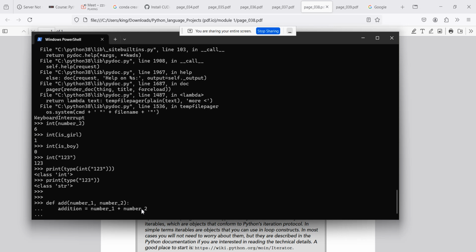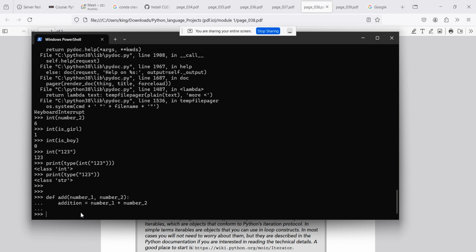Here I'm not returning any value. So now if I call this function and say print, and I call the function name add, with the 2 numbers I'm adding, 2 and 3, and I run this code,